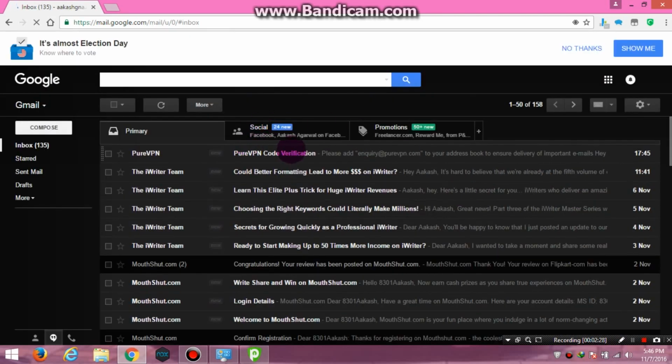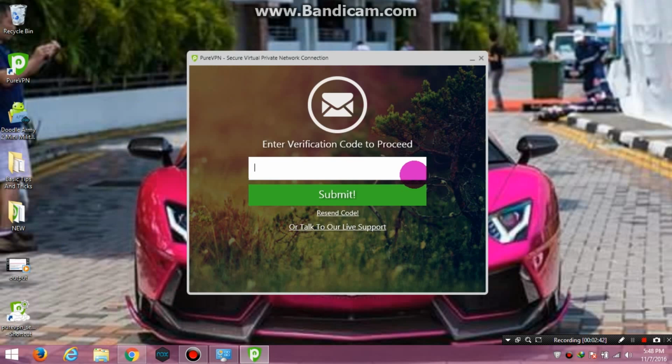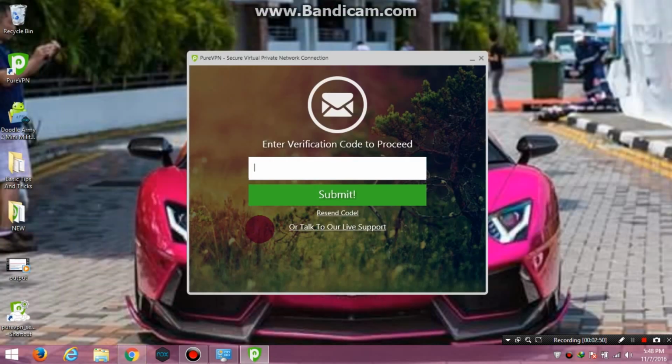And you can see here we have received an email from PureVPN. Now you can see this email has been opened, and it shows you the verification code. So let me enter the verification code into the setup, and then click on submit.